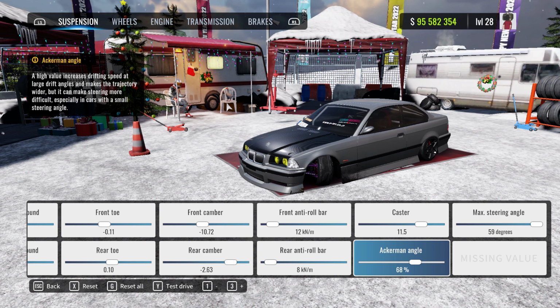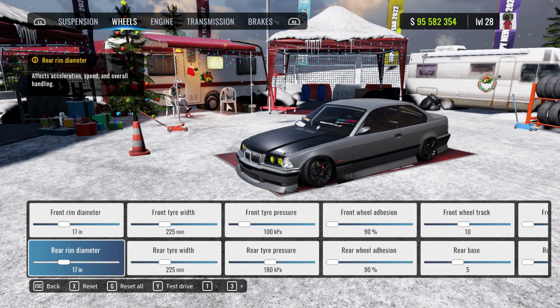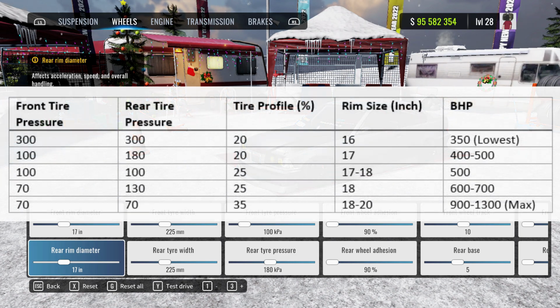Just works the best with WASD. So now we're getting into the biggest influences of the grip, acceleration, and top speed. I've made a little bit of a table here of the most used tire pressures, tire profiles, rim sizes, and brake horsepower, which I'll get into a bit later, because grip also has influence on how much brake horsepower and